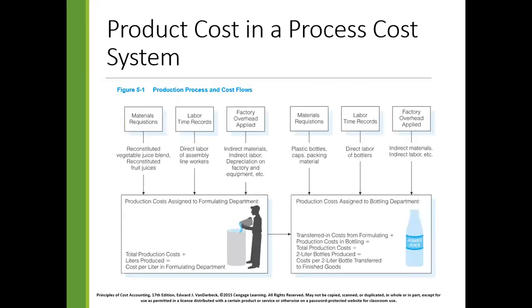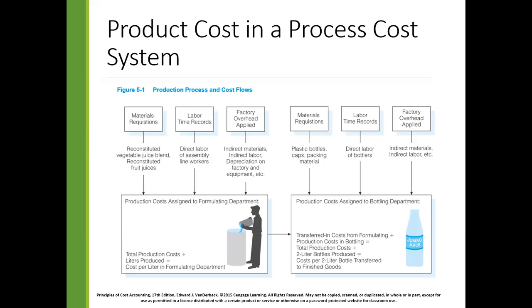Product cost in a process cost system. Production process and cost flows. Material requisitions, reconstituted vegetable juice blend, reconstituted fruit juices. Now it will lead to production cost assigned to formulating department. We compute for the total production cost, number of liters produced, and the cost per liter in